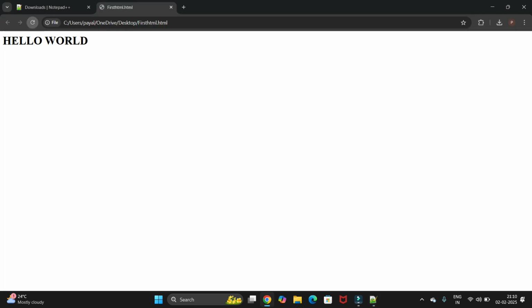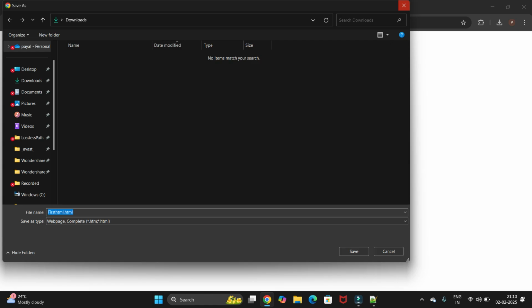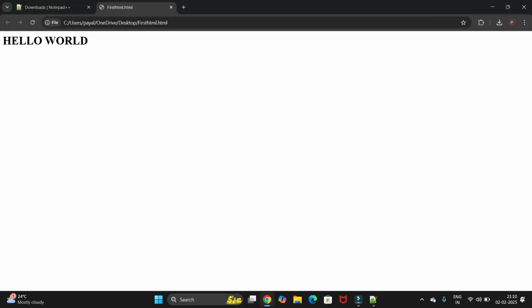Let's just refresh it once. So in this way, you can install the Notepad++ in Windows 11 operating system, as well as you can run the HTML code using